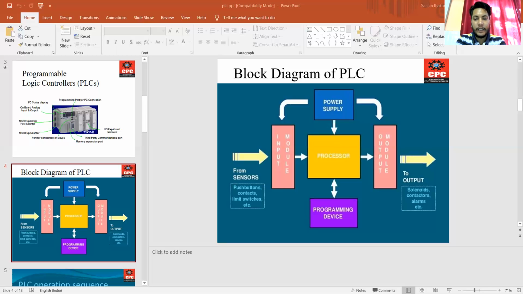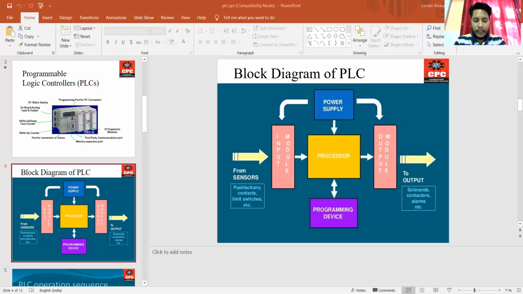Next is the memory section. In PLC there is the memory section. The memory section is the area of a CPU or the processor in which the data and information is stored and retrieved.